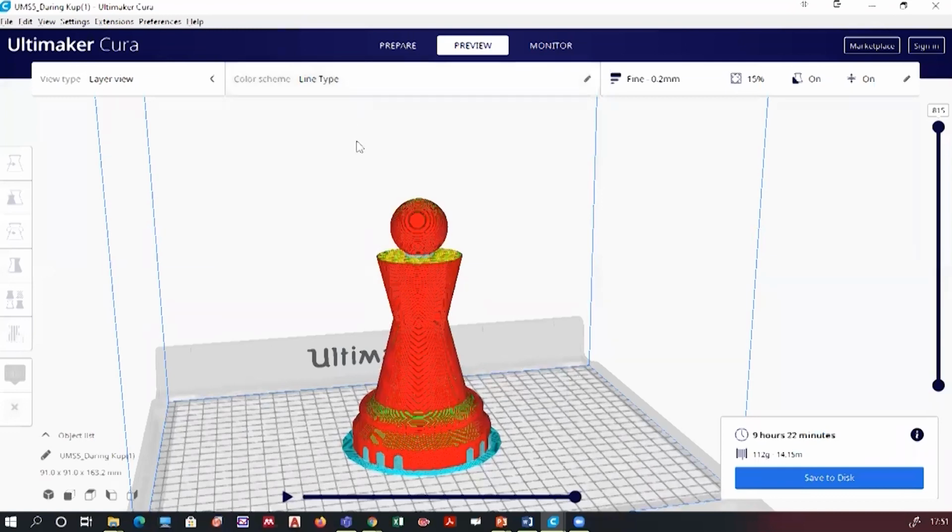Initially, whatever model you are making, you will just select the filament type, what you want to print. According to filament color only it will print. The diameter of the nozzle depends upon the printer you are having. Suppose you have a printer with a 0.4 nozzle, you are going to use that only. If it is 0.8, you will use that only. So according to the specification of the printer, you will adjust the nozzle diameter.